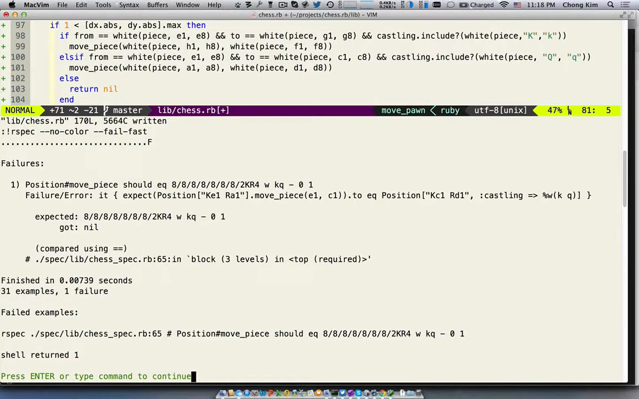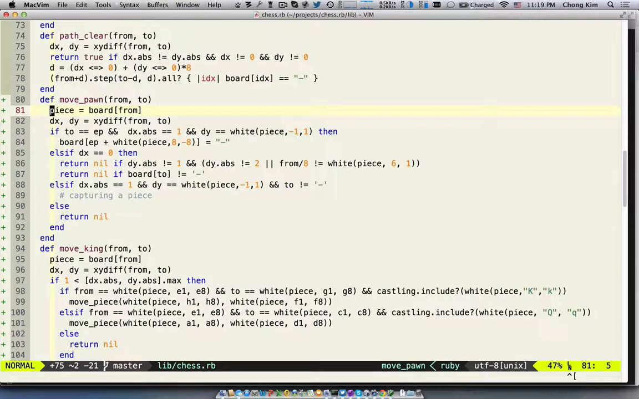Move piece. Okay, so we have a king on e1, rook on a1, e1, c1. So this should be a castling move. So position should look like as if it castled, but it got returned nil. That's interesting. Oh, of course, because